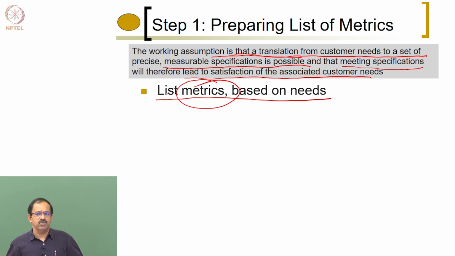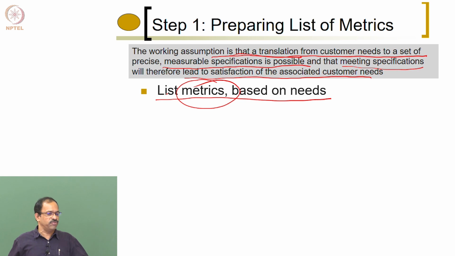What metric can you find out, or how do we actually say that it can be quantified? Comfort. How can you quantify comfort? Any idea? If you are saying that it should be comfortable, what are we actually trying to tell when you say comfort? Less vibration. Yeah, that may be one point, right? It should not vibrate when I ride. So, vibration should be a metric. The amplitude of vibration or the frequency of vibration can be made as a metric.